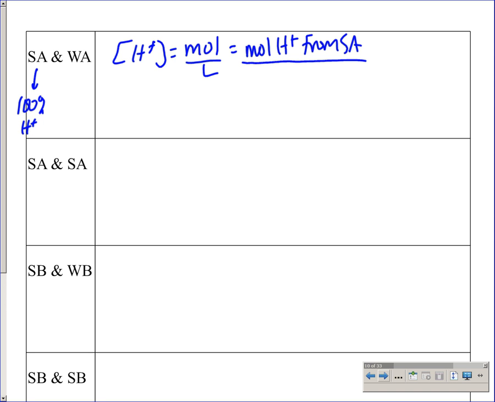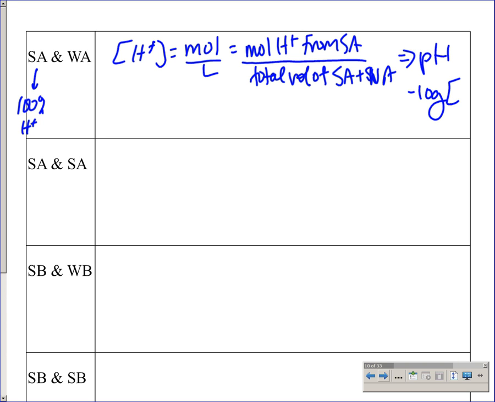Now that the strong acid is mixed with the weak acid, it's mixed in a larger volume. So you need to account for that larger volume by doing the total volume of the strong acid plus the weak acid, because it is going to dilute the concentration some. You do not have to add the moles of H plus from the weak acid because it doesn't significantly give any. So once you get this, you'll use that to calculate pH by doing the negative log of your new